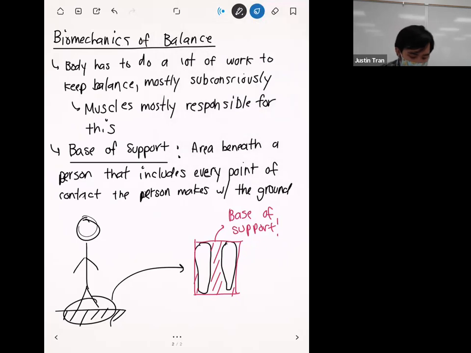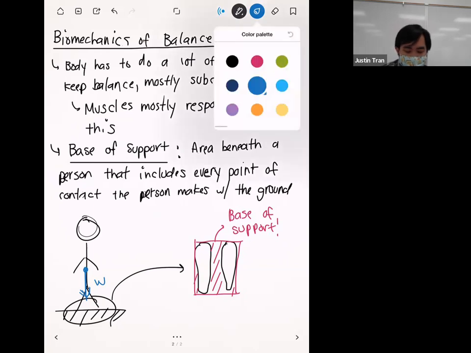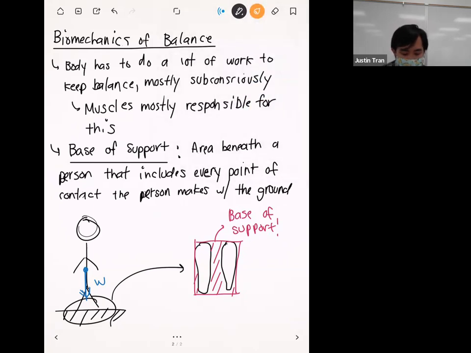we have basically two forces. On the one hand, we have the person's weight. If we define the weight to be acting at the person's center of mass, that's going to be acting downwards. And then in order to maintain linear static equilibrium, there has to be an equal and opposite normal force that comes from the ground,